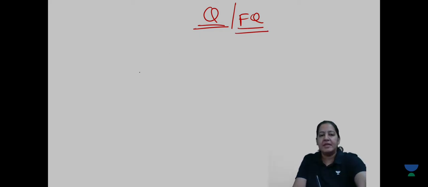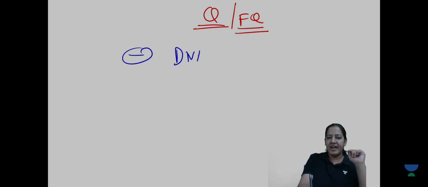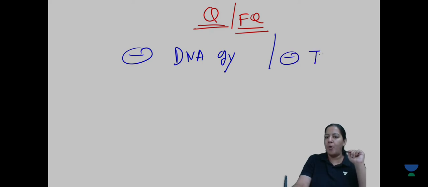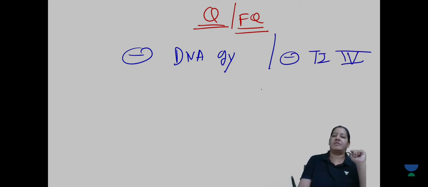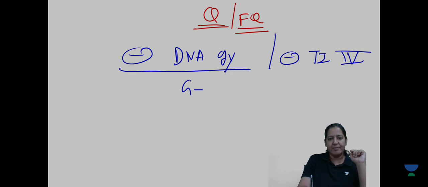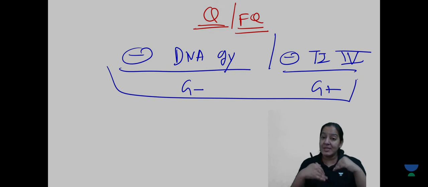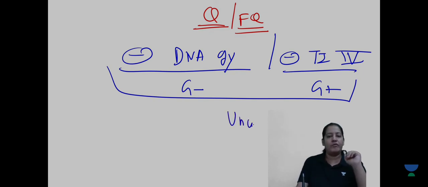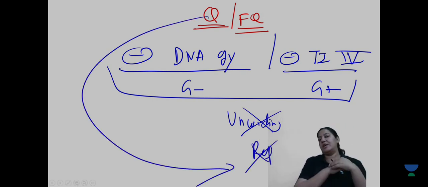So can you summarize the mechanism of action of fluoroquinolones or quinolones? Can anyone tell me in one word, they inhibit an enzyme? The name of the enzyme is DNA gyrase in gram negative bacteria, and the name of the enzyme is topoisomerase 4 in gram positive bacteria. Both enzymes are doing the same job. They are causing unwinding of DNA. So the two strand separation will not be possible. So DNA replication is not possible. So they are basically inhibiting the replication of the DNA.